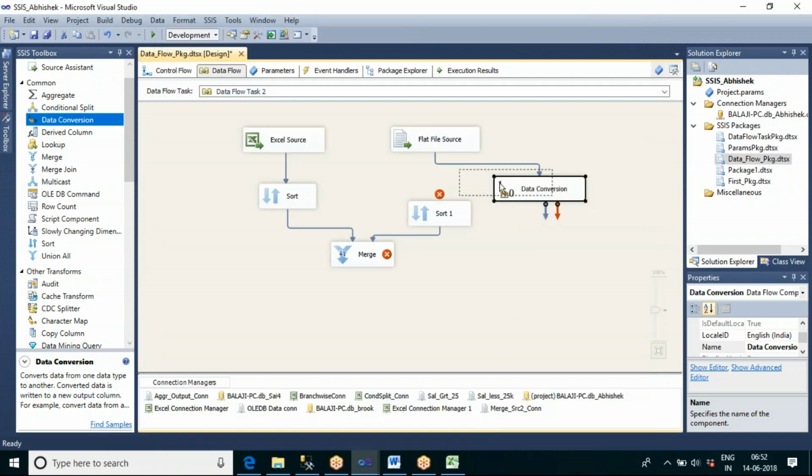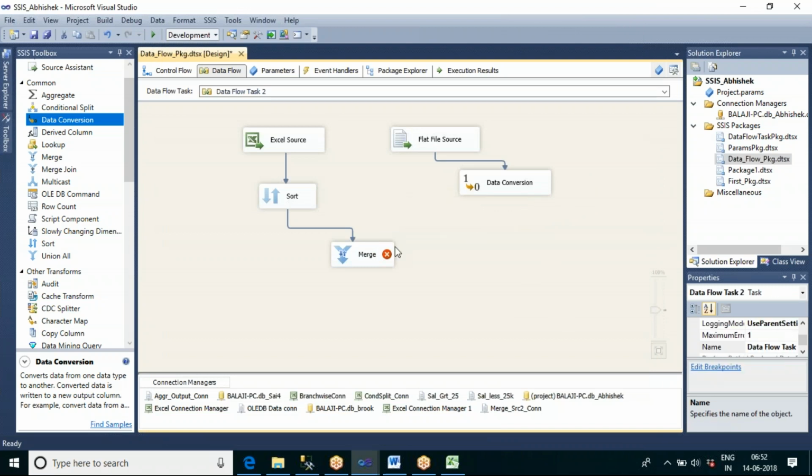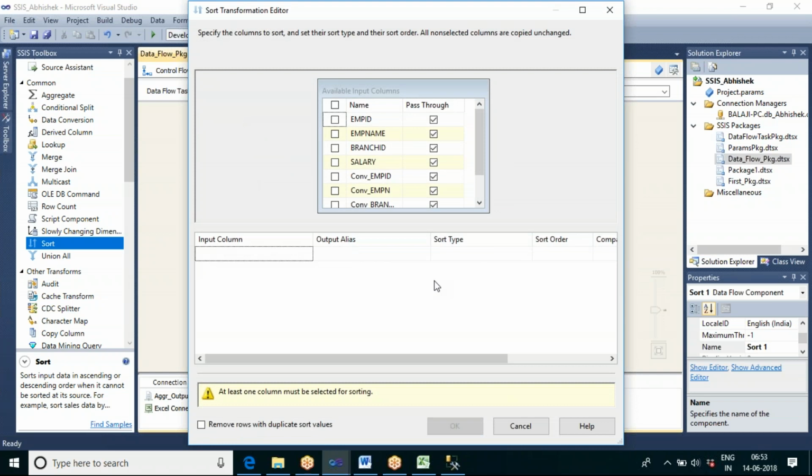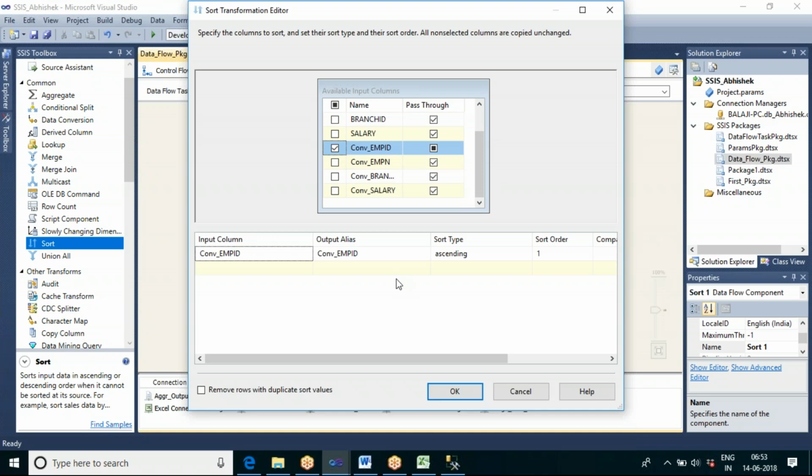Now let us take one more new transformation. So these are all tool based. We just need to know which option we have to use. That's why you don't need to write queries here. We just need to know the tool. Now let us go to this, and you can see here we are getting the old columns as well as new columns.